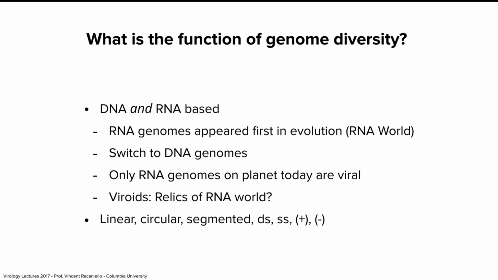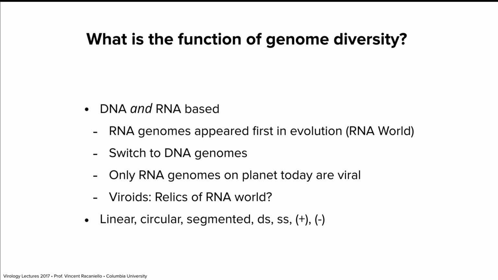So we think there was an RNA world that existed first, and this RNA world consisted first of small replicating RNA molecules that didn't code for any protein. There was no protein-based system yet. And people have shown today, actually, that you can make derivatives of RNA, and they will actually self-replicate without any enzymes present. So there was a whole RNA world present, and then we think that we had to switch to a DNA world for a variety of reasons.